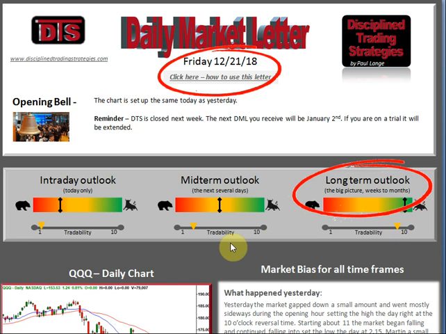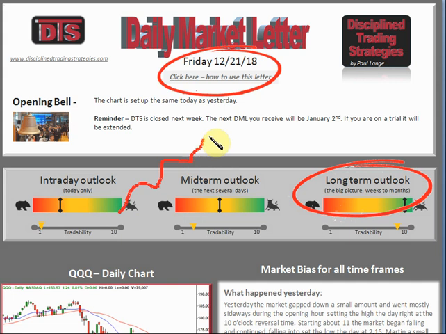An example would be if we were up on the daily chart, up like this. Okay, are we bullish or bearish? Well, we're bullish. We're not bearish. But is this a prime time to start taking swing trades after we've been up 37 days in a row? Probably not. And that's where you'd see the tradability get down really low, even though the bullishness may be really high. Does that make sense, everybody, what I'm saying?